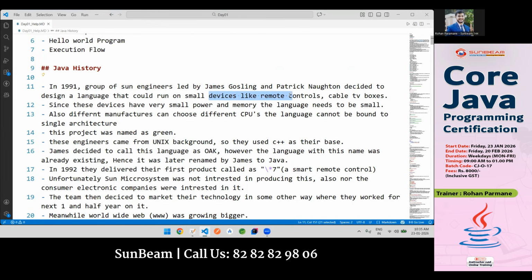Even right now, when we talk about efficiency, we always say use C, use C++, and why? Because they are the lowest-level languages. So their aim was to create such a language कि जो efficient भी हो और वो छोटे छोटे devices पे भी run हो जाए. Now when you talk about the smaller devices, as we know कि छोटे devices में बहुत ज़्यादा